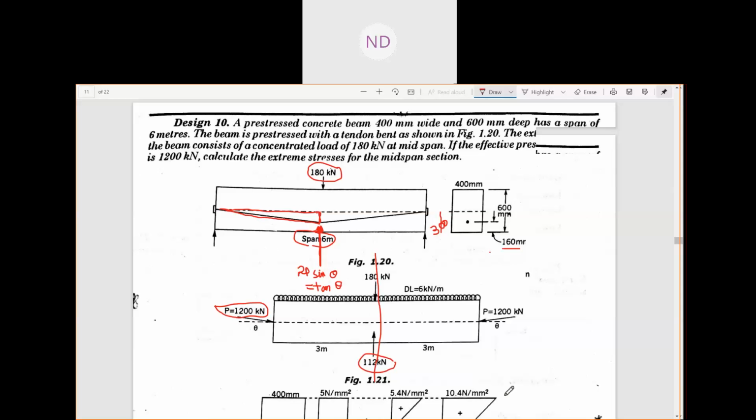So the remaining load will be the load which will be acting here on your beam, and due to that load we will have what? We will have a bending moment, and due to that bending moment there will be a stress. So now if you see the calculations after that, everything is clear to you. You already know how to find your stresses. P by A, P is already given to you, area you will know from the dimensions. Then there is no eccentricity. So you will have the stress due to moment, and now the moment is what? You have to calculate the moment after compensation of the load. So if we go to the solution, you see